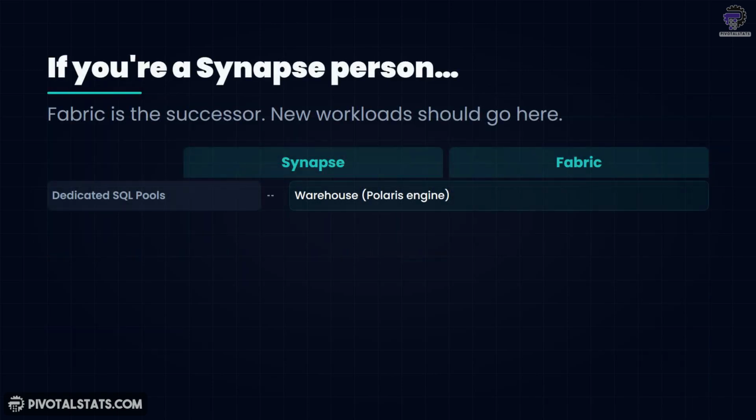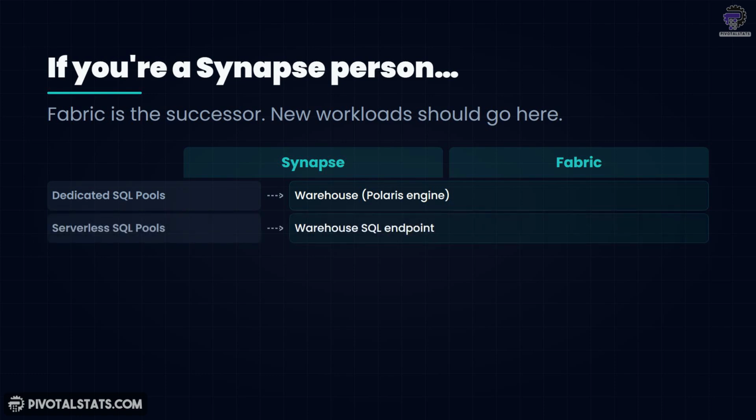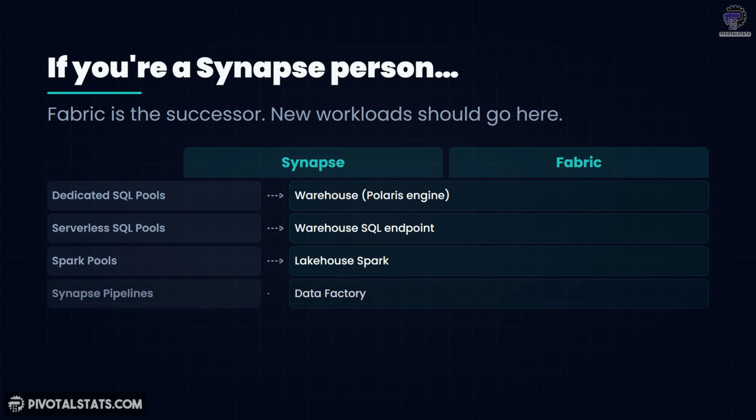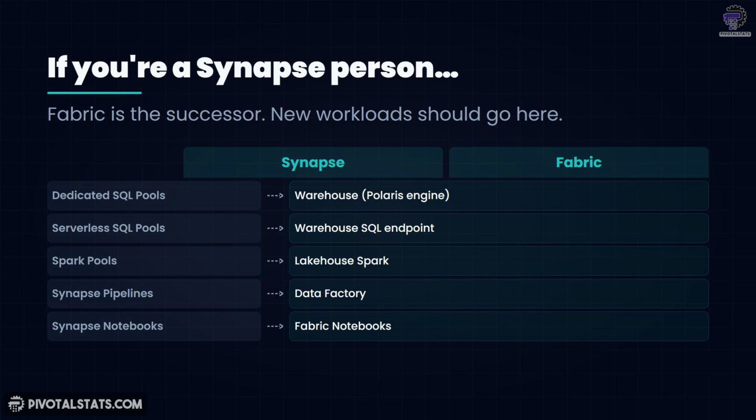Fabric is a successor to Azure Synapse Analytics. Microsoft hasn't said the word deprecated out loud, but no significant new features are landing in Synapse workspaces. New workloads should go to Fabric. The mapping is roughly this. Synapse dedicated SQL pools become Fabric warehouses, but the engine is different. Fabric warehouses use the distributed query engine called Polaris that reads Delta Parquet directly instead of MPP over column store